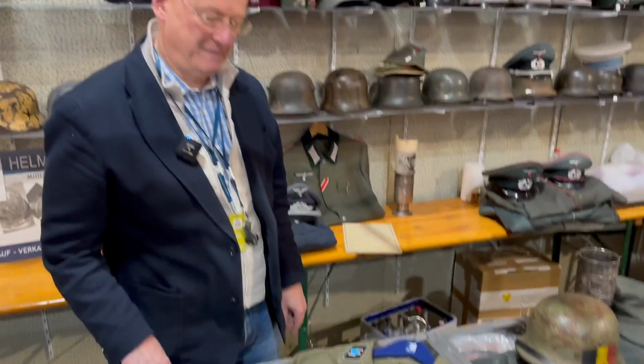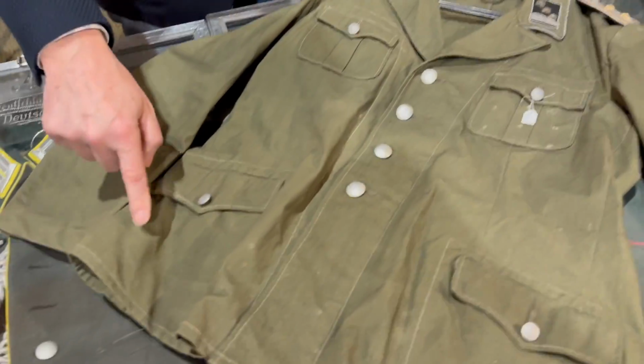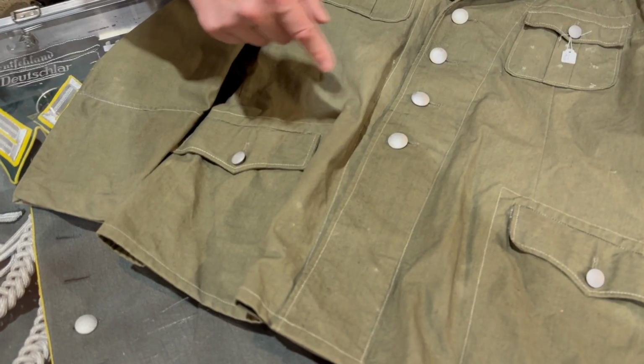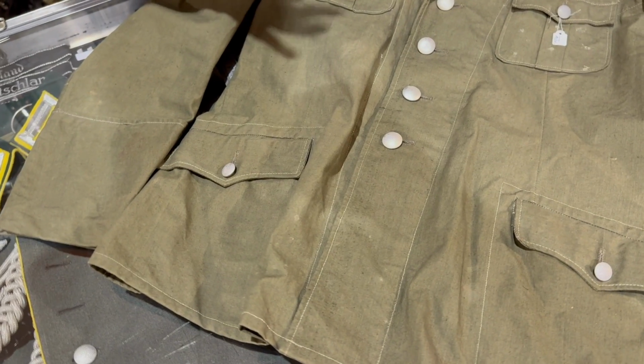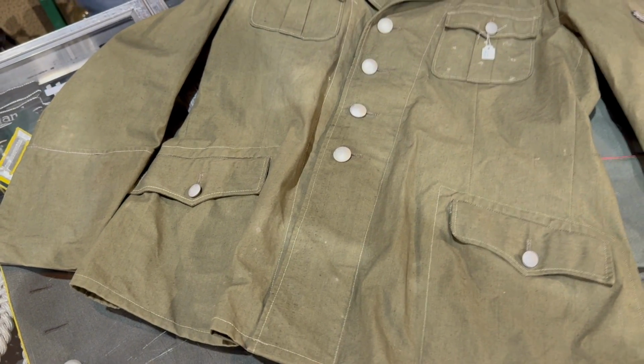I'm not really deep into uniforms, but probably I have to study more this time because my most interest is edged weapons, but uniforms are also very interesting. The edged weapons are packed already, but we were able to purchase a couple of great pieces on Tuesday when we arrived. We have collected a wonderful collection of at least a dozen army swords, all the variations,